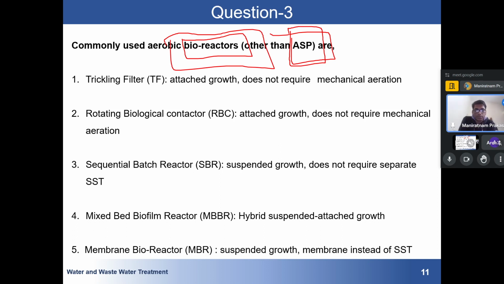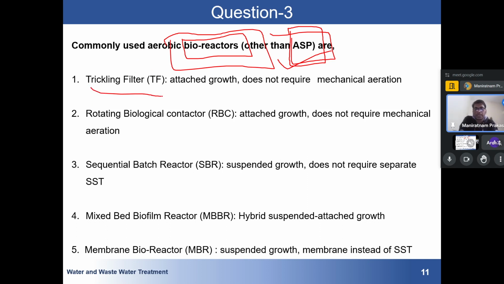So there are different bioreactors present in the system, and depending upon the type of wastewater, we will be using different kinds of bioreactor. It also depends upon many factors. This is a very cost-efficient method, it can be easily designed, and the investment is not much larger. But other bioreactors which are used in